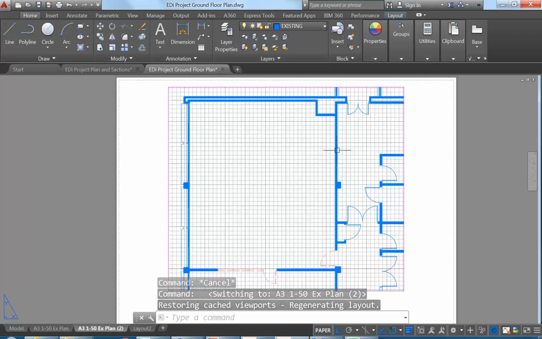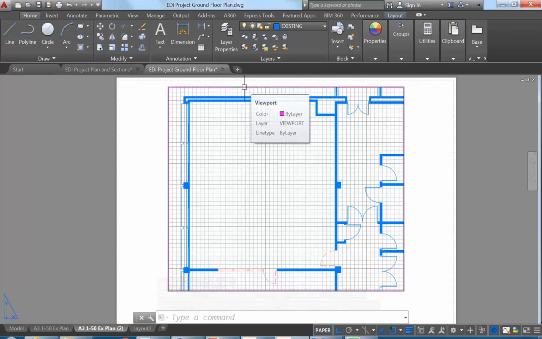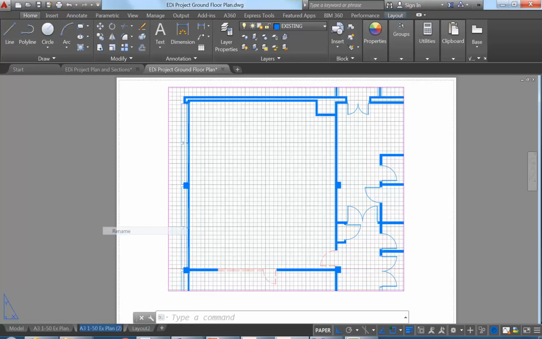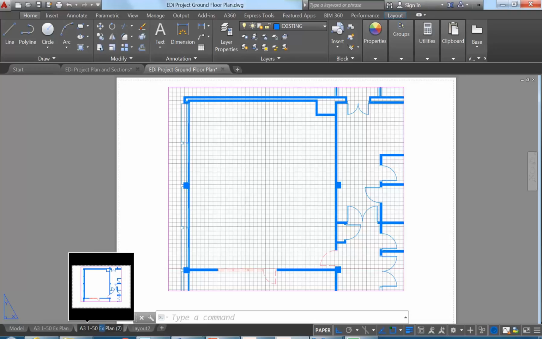Okay, so I've got my existing elements showing there in this demolition plan, and I have those elements that are to be demolished showing dash to indicate demolition. And so I'm going to rename this sheet and call it what it is, demolition plan. And actually, a really good tip I can give you when you are working with lots of layouts: give them meaningful names,